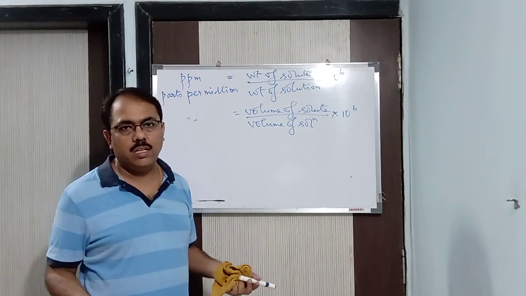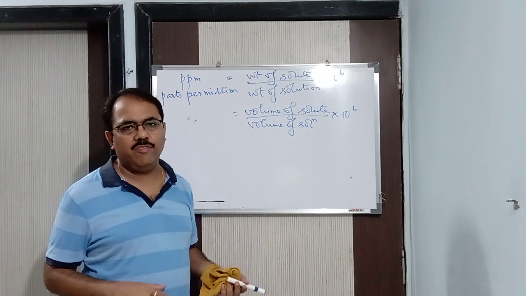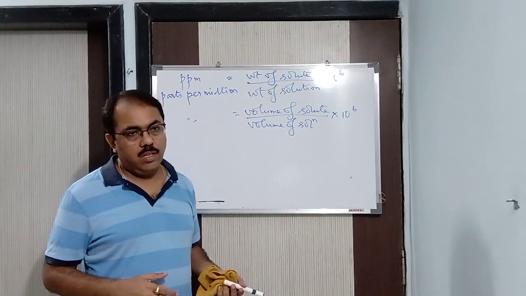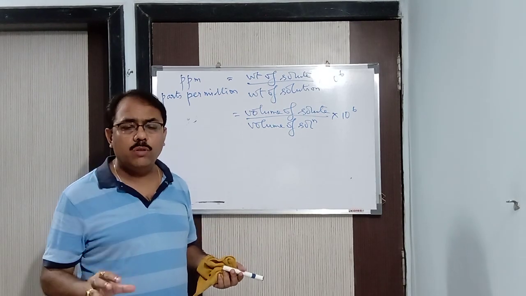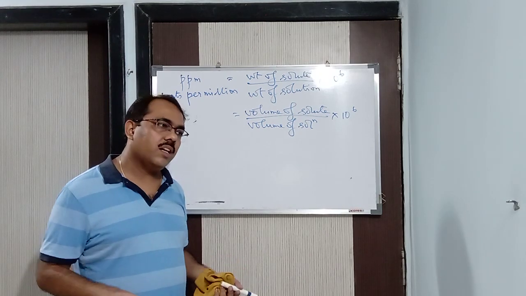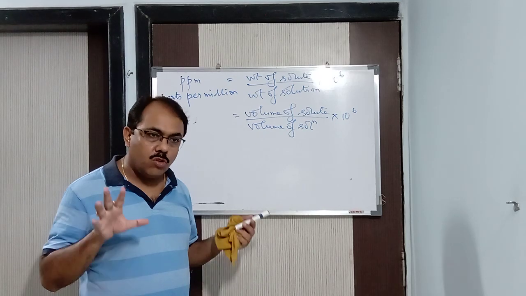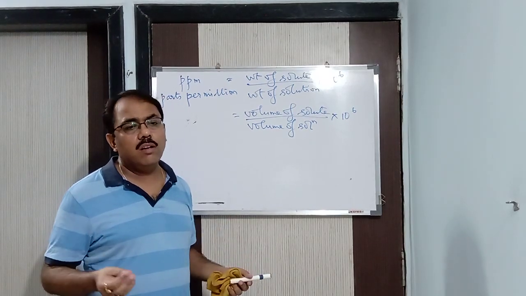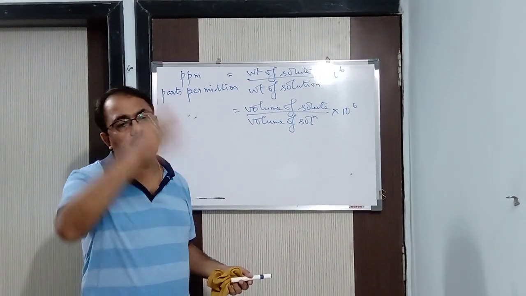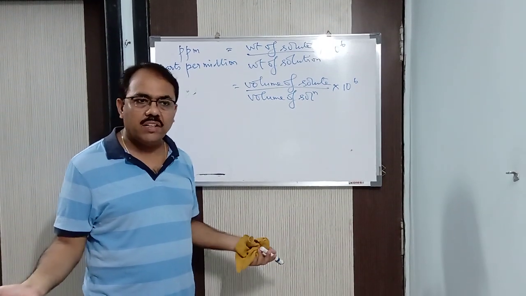In this way we calculate it. Because if you use normality and molarity to calculate, the unit will be very small, very negligible. So hence we don't use that particular unit to measure the concentration of pollutants in water or in air. Have you got it? Where do we use it? Basically it is used to measure the concentration of those substances which are in very small quantities, but the solvent is in large quantities. The solution is huge, so definitely it is air or water, we can say that.